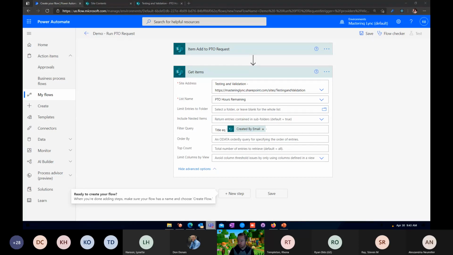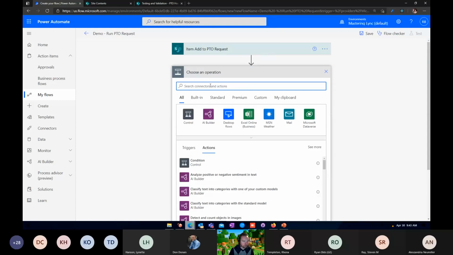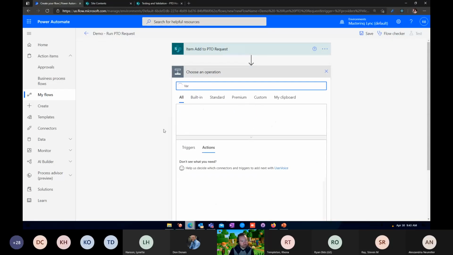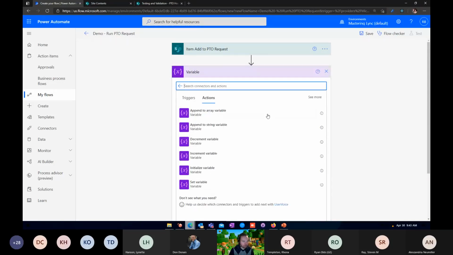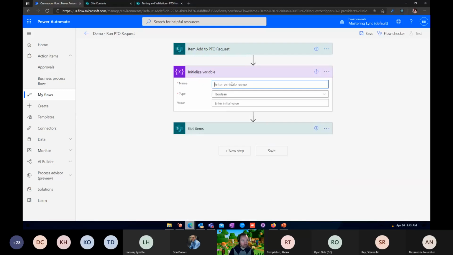And this becomes, again, that idea of, right, like we have potentially lots of people that might have come back inadvertently. So we need to put this into a variable. And this is where you start getting into a little bit more fancy. So I'm going to come up here, I'm going to add an action, I'm going to say variable. And I'm going to initialize a variable, and I'm going to go ahead and call this